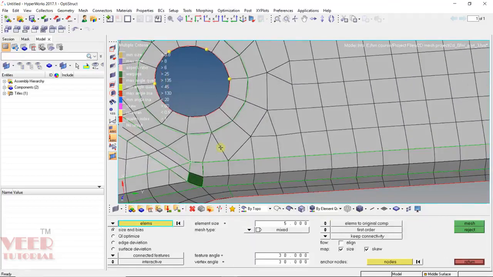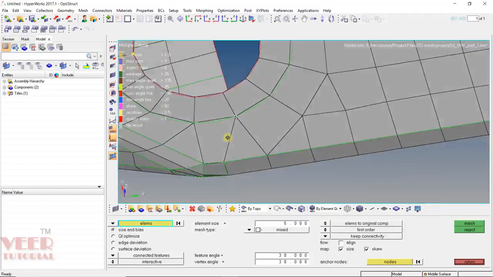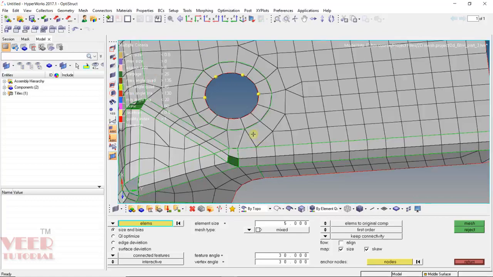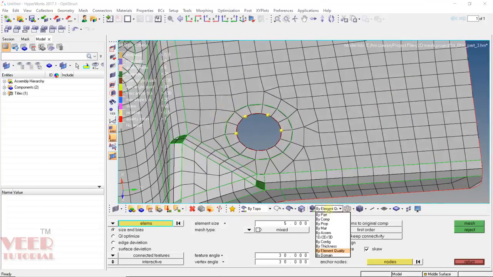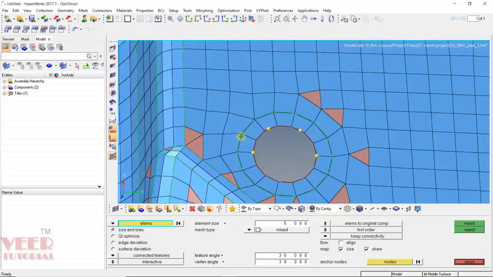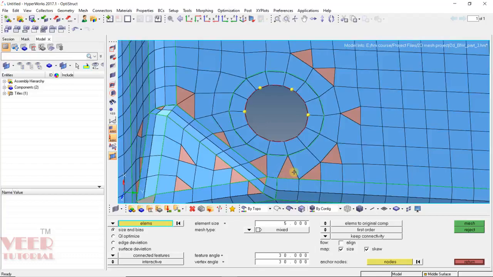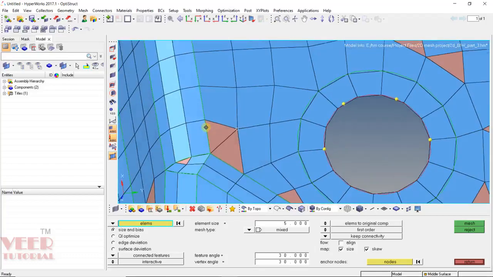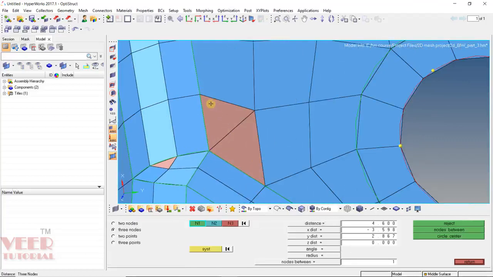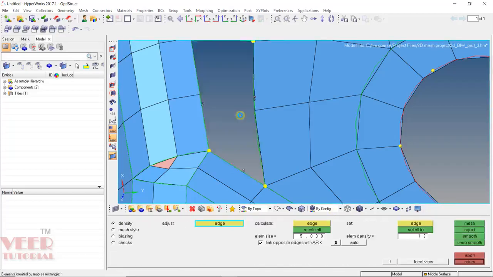Here you will see some trias, back-to-back trias and tria with hole, but we cannot do anything here because of the geometry, so we can leave this. I go to by config here. Here you can see we cannot do anything about all these trias, so we can leave them. Also here, if I check the angle between this, this is 130, so I can combine this. So do the remesh of this.